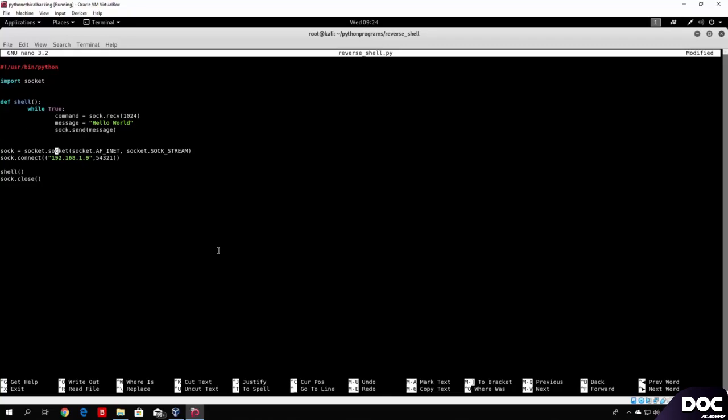So first of all, we execute the socket creation, then we call the shell function, then we close the socket after the shell function finishes. Even though this function will actually be in an infinite loop, we need to code something that will make it quit right after we specify a certain command. So let's say, for example, if we send Q to this reverse shell, it will terminate and close